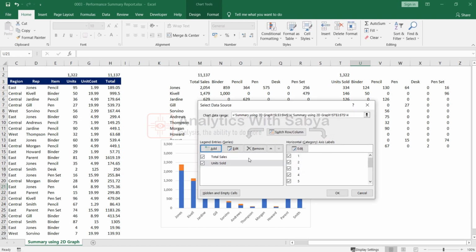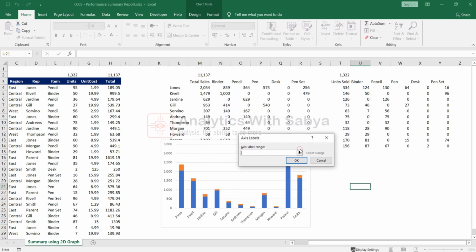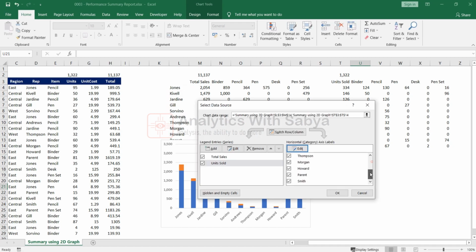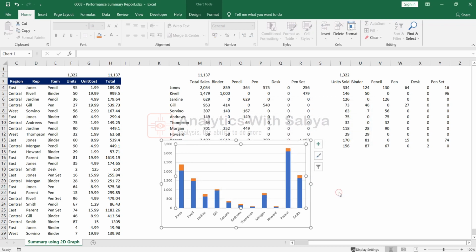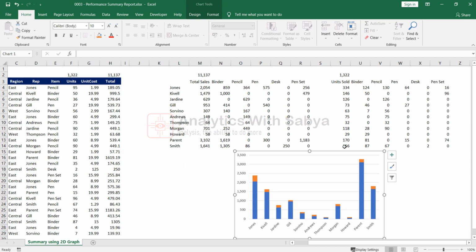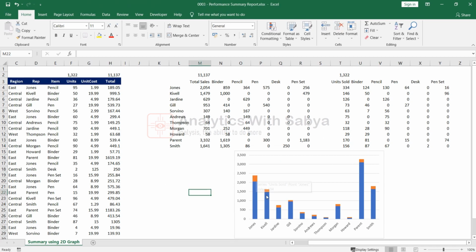Click OK. Then it says over here edit. You can just edit this, and the axis labels. Axis labels are going to be the same thing that we have over here already. I hope everything is selected because I couldn't see what is down there. Assuming that everything is properly selected, click OK. Just drag it. So Smith is the last one. I think everything is selected. So we have both things.